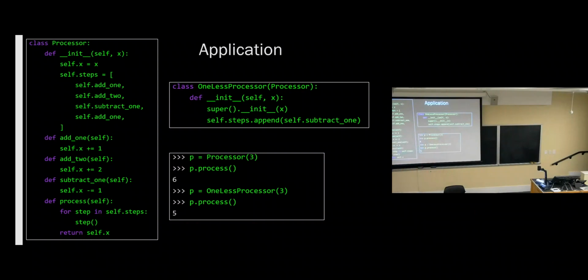Whereas if you were to override the process method, then you're being a little less explicit. You're adding steps that aren't in the steps list. And if you wanted to see what the steps were for a given class, you would have to go and trace through every single process method. Whereas here, you just print out the list. Yeah, good question. Other questions? All right, cool.